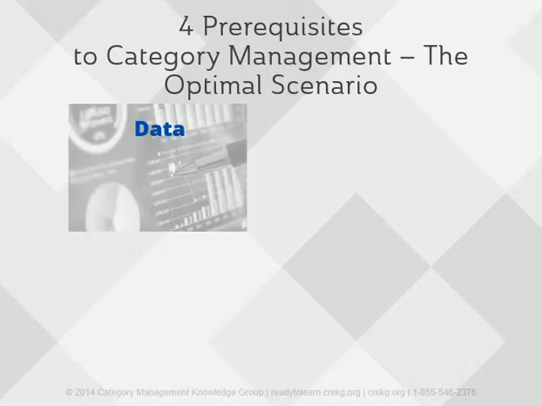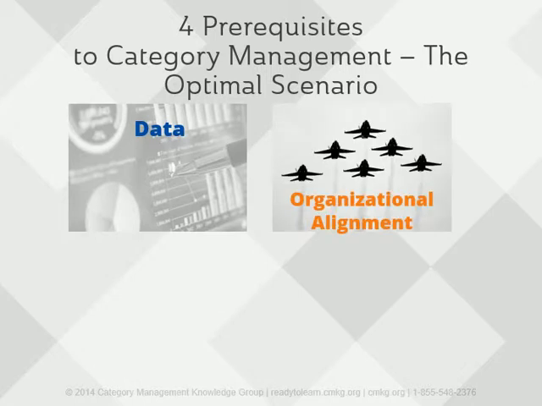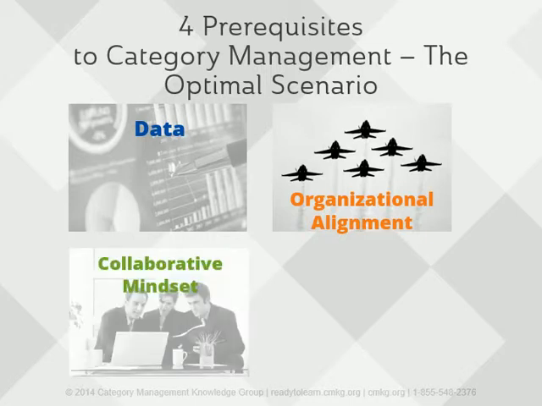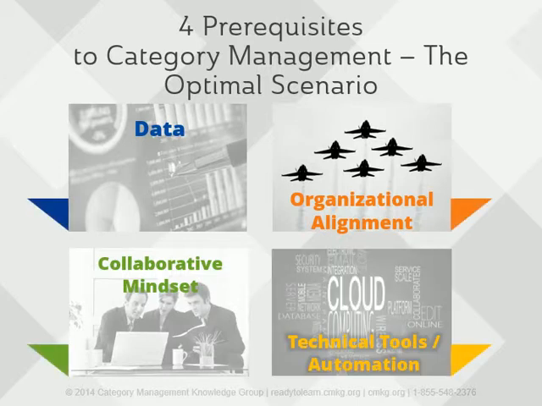First of all, data is required in a consistent and ongoing fashion. Next, organizational alignment is required. You can make some differences at your desk. But in order to fully adopt a category management approach, full immersion in the process is required. A collaborative mindset within your organization is another prerequisite. Think outside of the box, work together, and teach each other new ideas and practices. And lastly, some level of automation in your data is required, particularly when trying to scorecard results and assess categories.